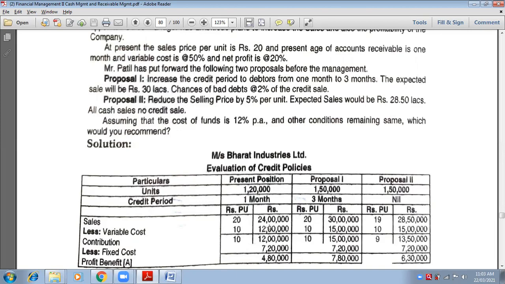10. Okay, come to this section, present policy. 12 lakhs divided by 120. How much is the per unit in this case also? 10. See, per unit always remains same if he does not disclose anything. If he does not disclose anything, the per unit will always remain same. So make a bracket in the variable cost here. Look at my cursor. Already one bracket is there, 50% on sales. I know that. But make another bracket, or you can make a line below that.